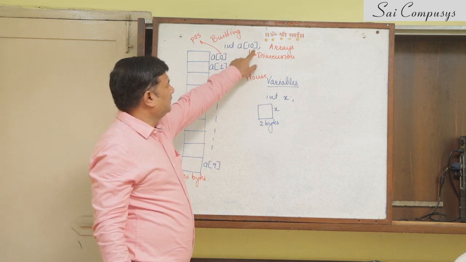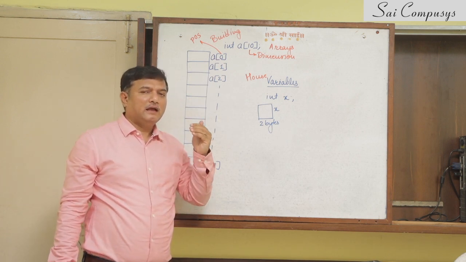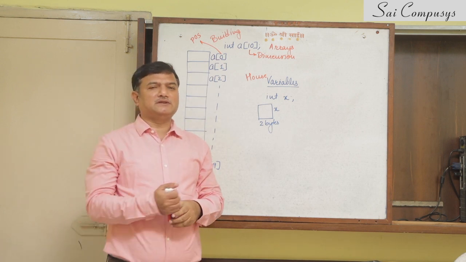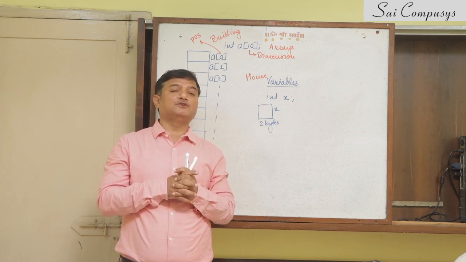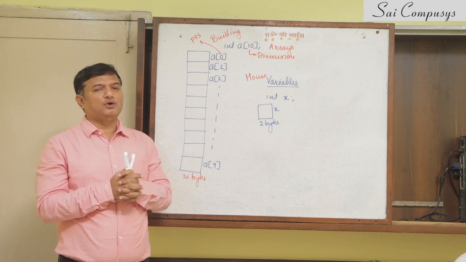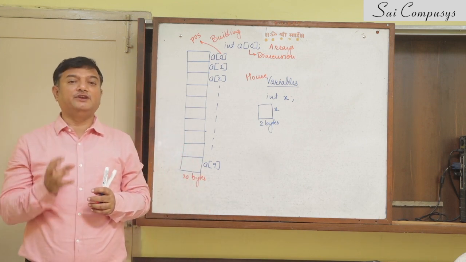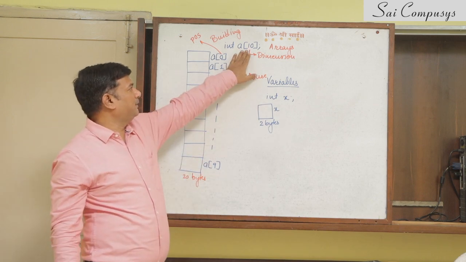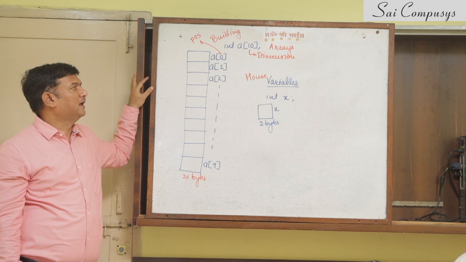Have you noticed one thing? I have used square brackets over here. In earlier C programming classes, I must have told you people that square brackets are not allowed. Why is it not allowed? Because square brackets are reserved exclusively for arrays. They denote arrays. So as soon as I place a square bracket over here, it stands for arrays.